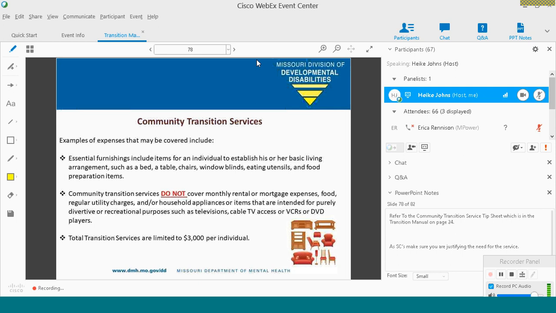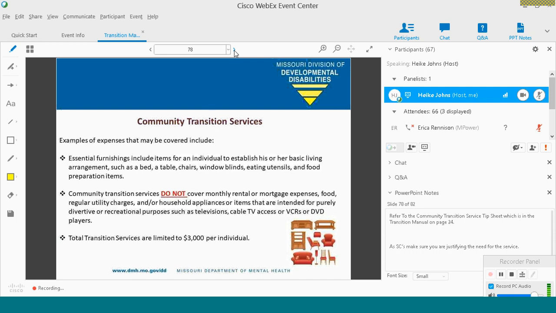So community transition services do not cover monthly rental or mortgage expenses, any kind of food, regular utility charges, or household appliances that are used purely for diversion or recreation, such as a TV, cable access, VCRs, I don't know who has those, DVDs, Blu-ray players. And total transition services, again, are limited to $3,000 per